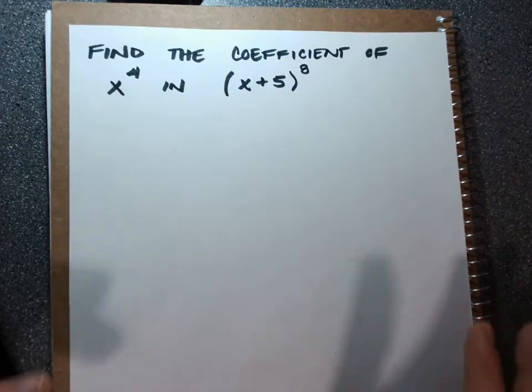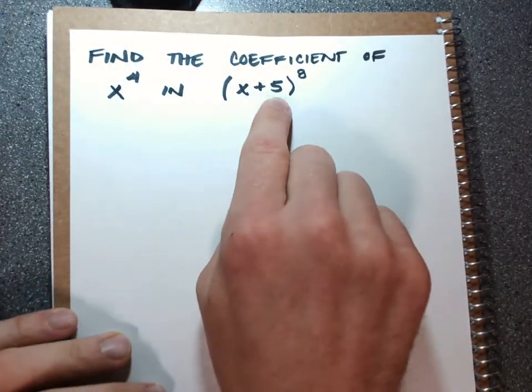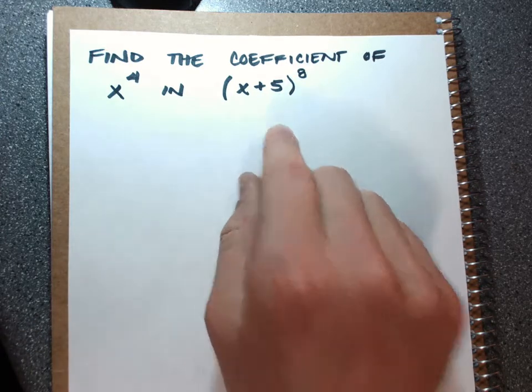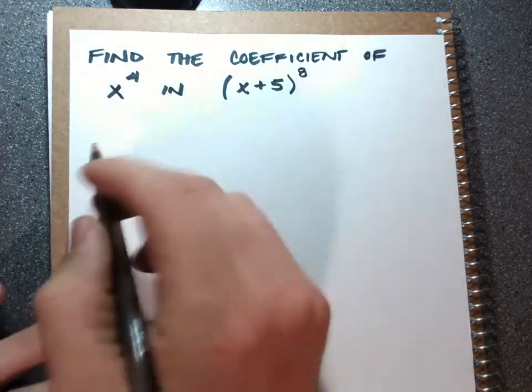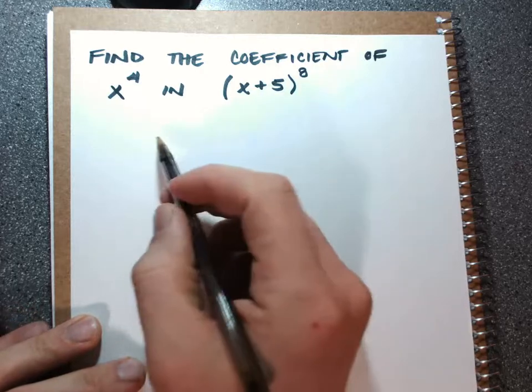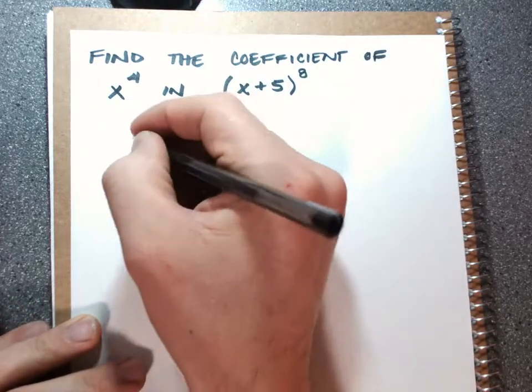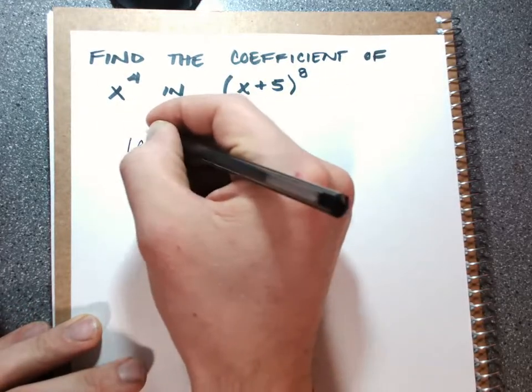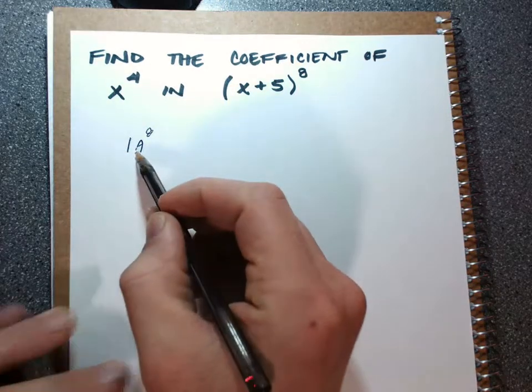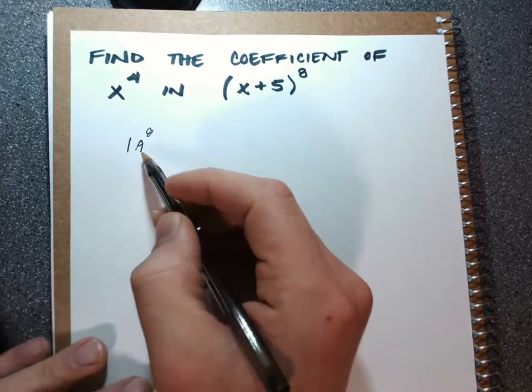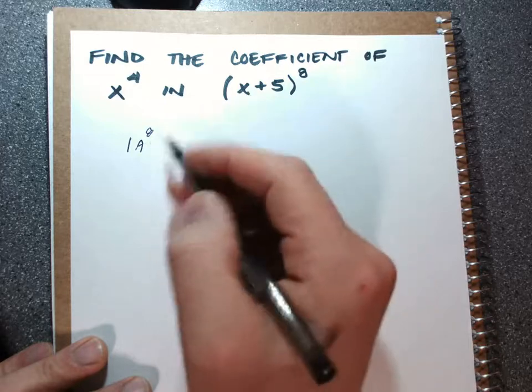All right, so let's find the coefficient of x to the fourth in this binomial. And we're going to, level one of this would just be to expand it. So if you wanted to find the template of anything that is expanded, this would be 1 a to the eighth, and the a is x actually,